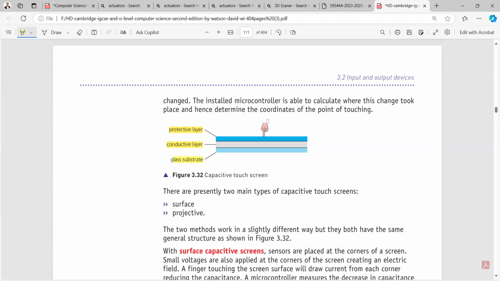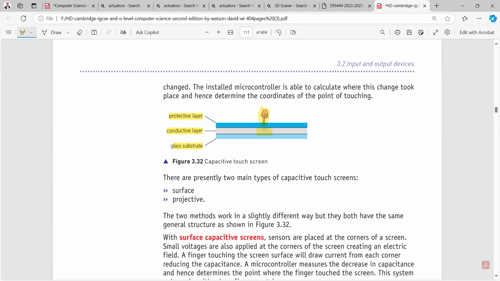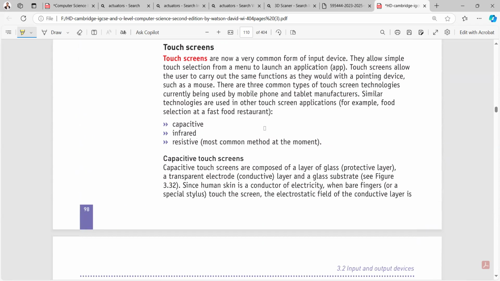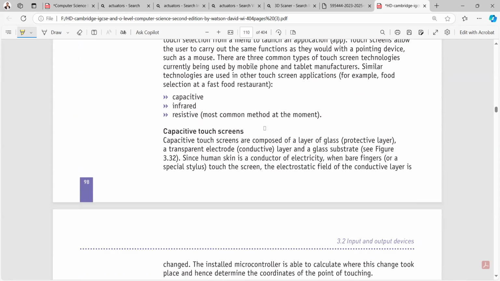What really happens is that when you touch the screen, the conductive layer reduces the gap between the protective layer and the glass substrate. जब आप अपनी फिंगर को टच करते हो तो प्रोटेक्टेड लेयर के ऊपर फोर्स लगती है और आपकी कंडक्टिव लेयर का स्पेस कम हो जाता है, जिससे पता चलता है कि आप किस पॉइंट के ऊपर टच कर रहे हो।